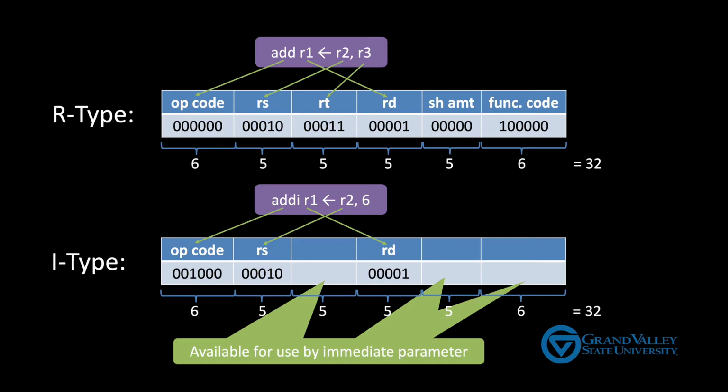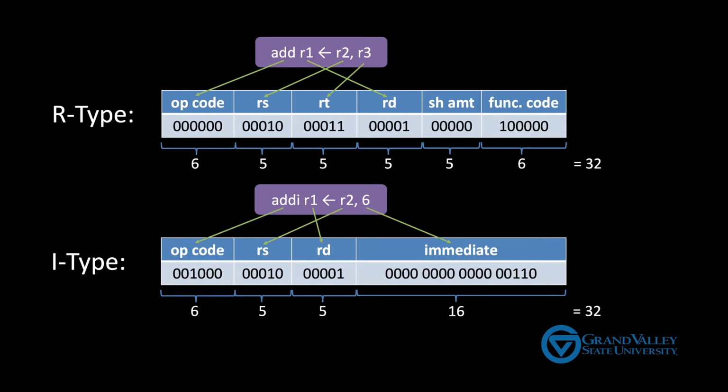Now at this point, we could strictly apply Principle 1 and use what we see here as our I-type instruction format. But splitting up that immediate value seems kind of silly. So we'll apply Principle 4, good designs demand good compromise, and reorganize the I-type instruction like this. Notice specifically that we've consolidated all the bits for the immediate value and put them at the end. Another way to look at it is that we are willing to use those aspects of the R-type instruction format that also clearly make sense for the I-type instructions. But we're also willing to compromise and allow for differences between those two formats